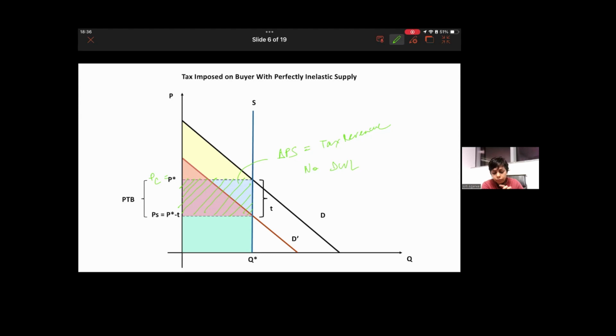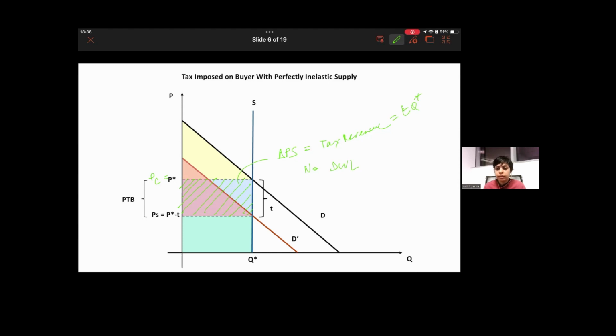Which is why there is no loss in consumer surplus, because all the consumers who wanted to buy are still buying. But there is a loss in producer surplus because he wanted to get P star price for that quantity. Now he is forced to accept a price of P star minus T. So now his producer surplus is P star minus T into Q star instead of P star into Q star, right? And this quantity is equal to T into Q star,